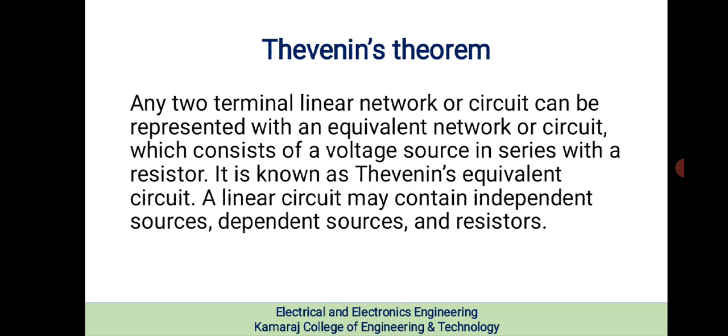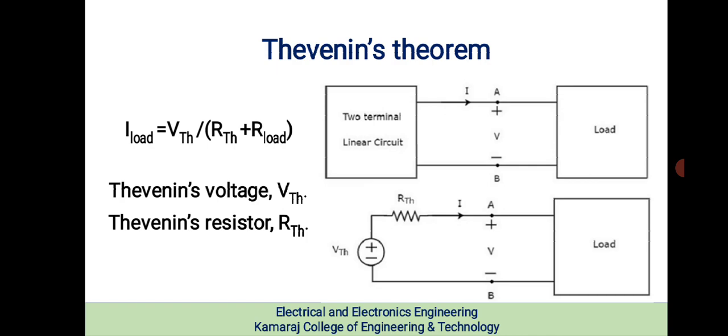In other words, it is possible to simplify any electrical circuit, no matter how complex, to an equivalent two-terminal circuit with just a single constant voltage source in series with a resistance or impedance connected to a load. Maybe it is DC or AC. A Thevenin equivalent circuit is given below. In the given diagram, we can see the multiple resistive elements or a linear network containing EMF and resistance, whatever it may be. We are going to convert that into the symbol of the Thevenin's equivalent circuit. Here is the symbol of the Thevenin's equivalent circuit.